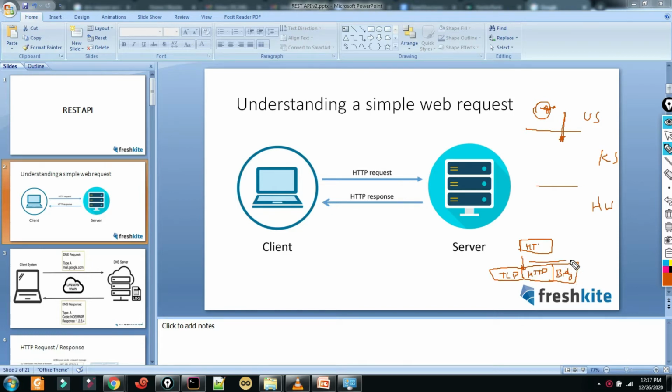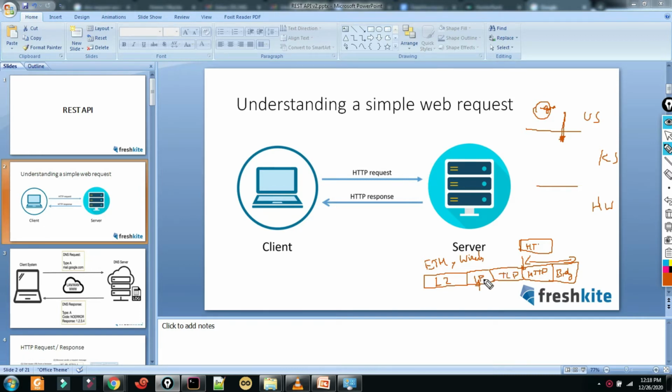This HTTP header, and suppose you have some body in case you have, this data alone will come from user space to kernel space in Linux, and then in the kernel space you attach this TCP header, and then you will have an IP header attached, and then you will have the layer 2 header attached. The layer 2 header can be Ethernet or it can be wireless. Then send this packet out. In this IP header, you will have source IP and destination IP, to which system you are going to send the packet.